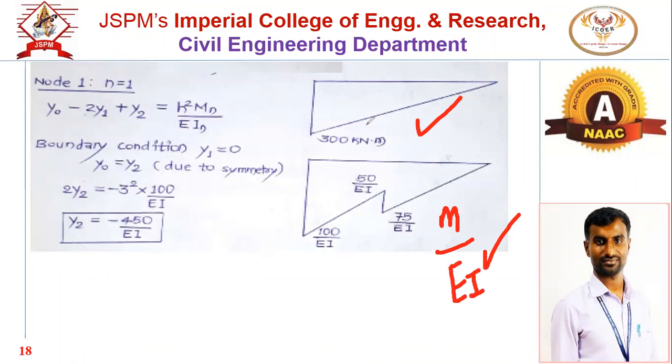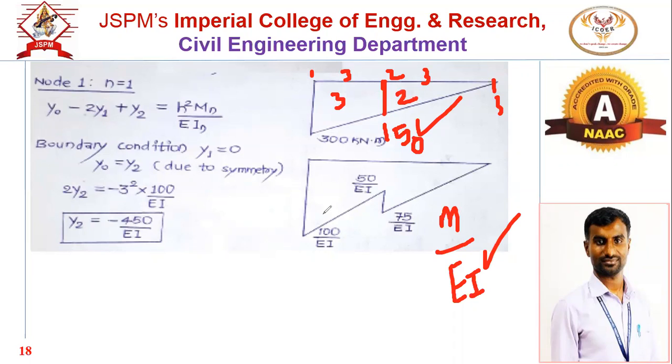So this is just the BMD. This is node number 1, this is node number 2, this is node number 3. And this is, I think, 3 meter, 3 meter. h is also given 3 meter. And the point load at the free end is 50. 50 into 3, this will be 150. And the cross section here is 3 EI and here it is twice of EI.